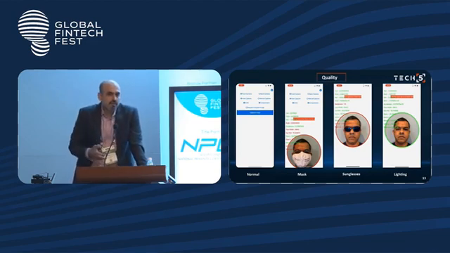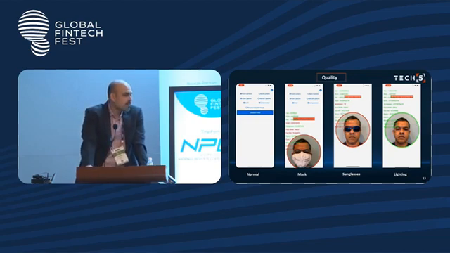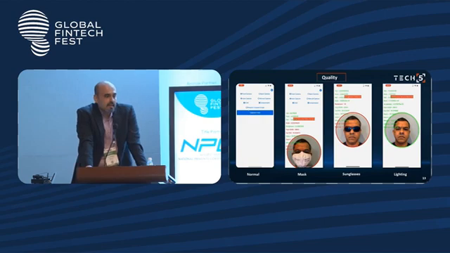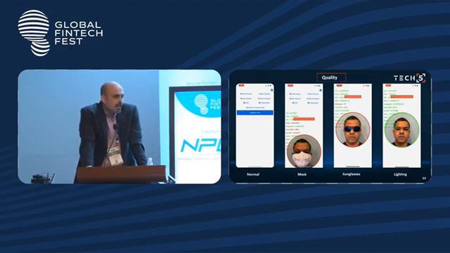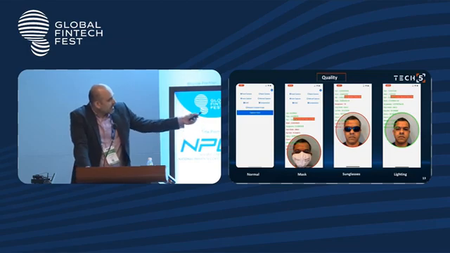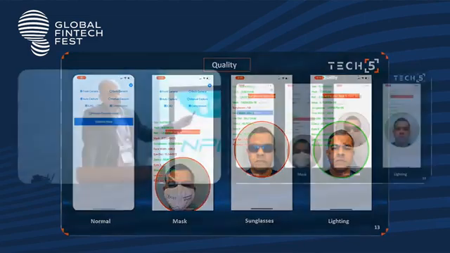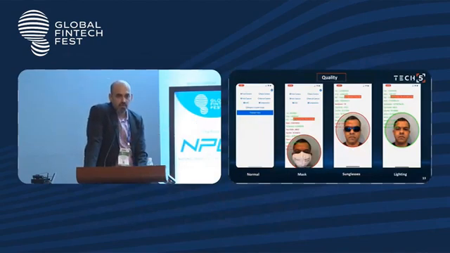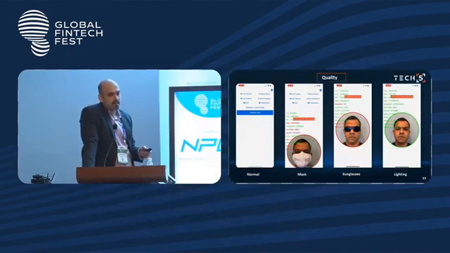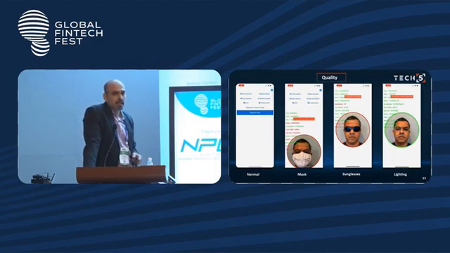These are some of the examples that if you are wearing a mask or sunglasses or something, these are actually not meeting the ISO specs, right? Whatever is being displayed on those screens are actually parameters that are defined in this standard. If any of the parameters does not meet the standard, it's flagged as red, so that you know that it's not meeting that specific parameter. And unless and until it meets it, the technology would not allow you to go forward. So the point is, there are technologies evolving out there which are also looking at, no matter what your acquisition device is, can we actually start meeting standards?